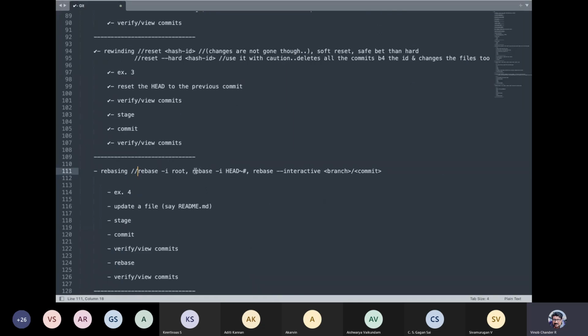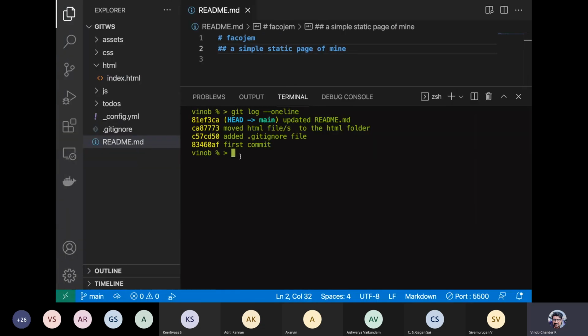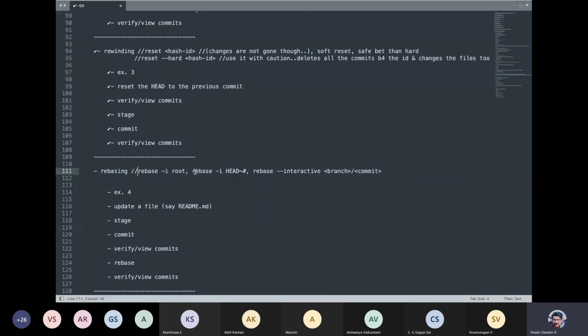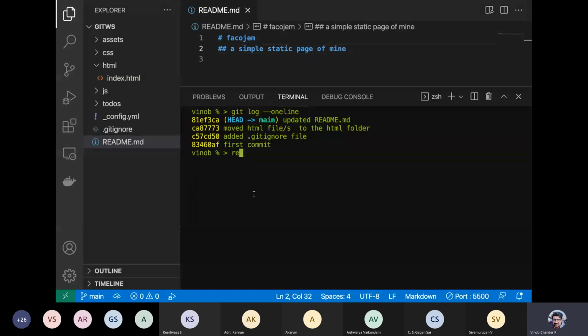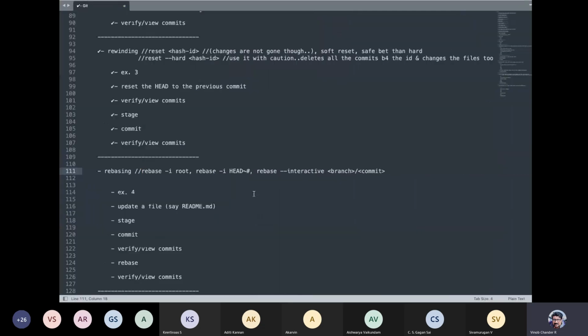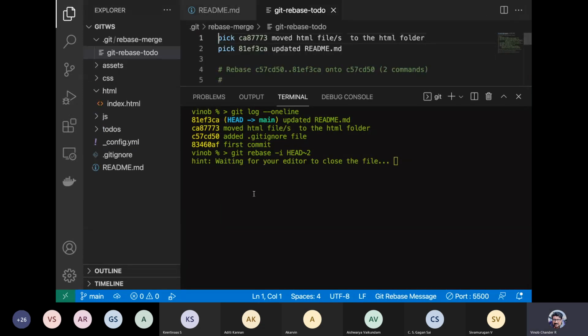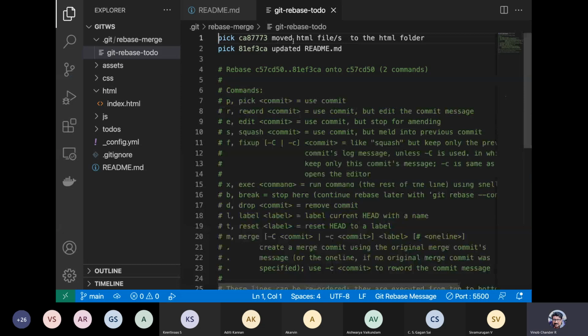So before we do this rebase root, we can also try this probably. How many commits do we have? 1, 2, 3, 4. We have 4. Maybe we can start with this first. So we can say git rebase, and then hyphen i, and then HEAD, and then tilde, and then say top 3 or say top 2. Okay, now see here, right? When you say HEAD tilde 2, what you can see here is it gives you only 2.